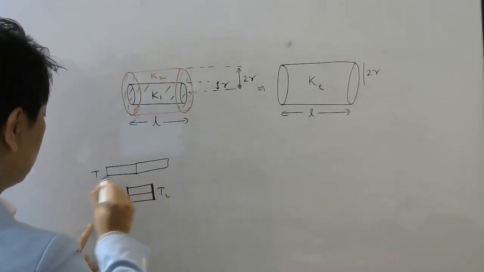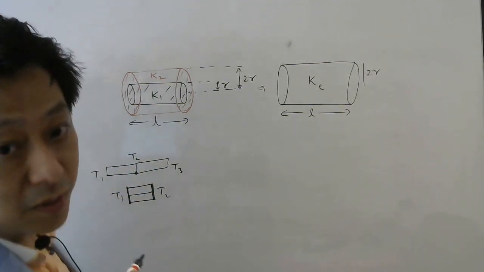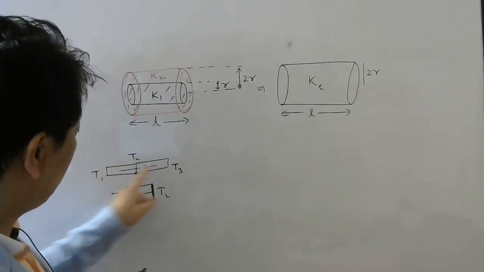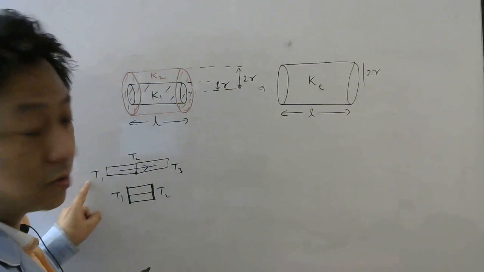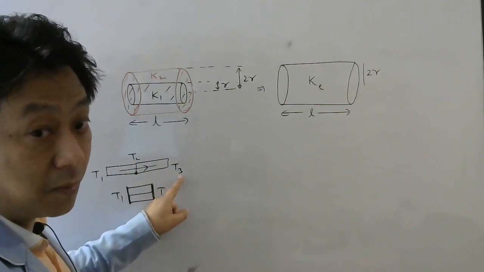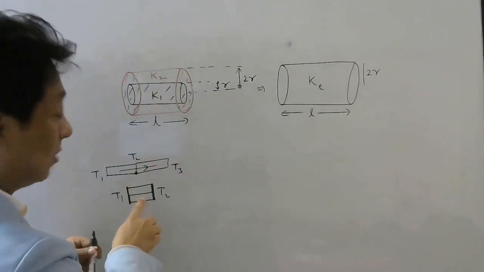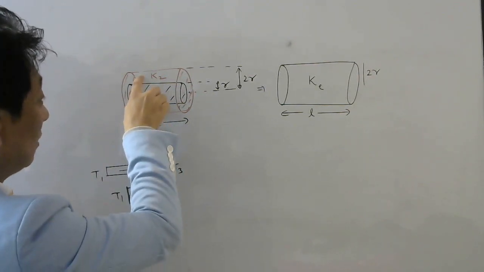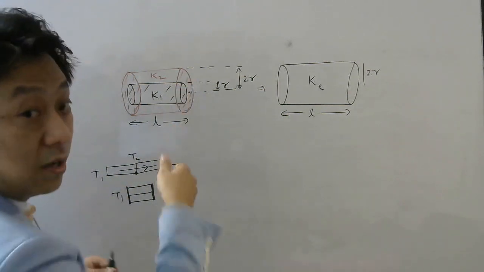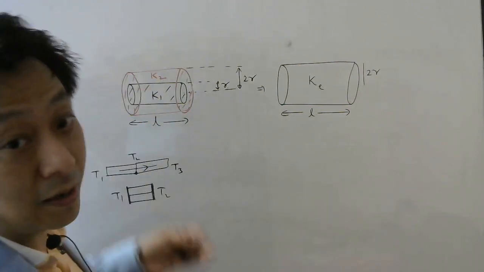Whereas in series, you know, this and this will have different temperature, right? And this will have different temperature, isn't it? Because heat has to flow this way. So if heat flows this way, this should be cooler than this one. So temperature of this part will be lesser than this one. Similarly, temperature of this part will be lesser than this one. So the first thing to understand is this combination is similar to this, where this rod and this shell are sharing the same temperature on one side, and these two are also sharing the same temperature T2 on the other side. So therefore these two are in parallel.